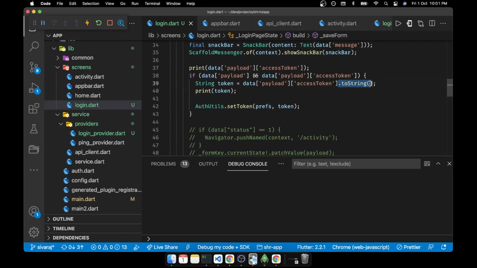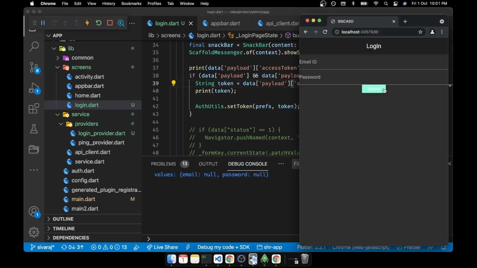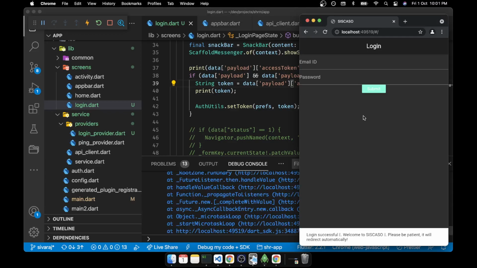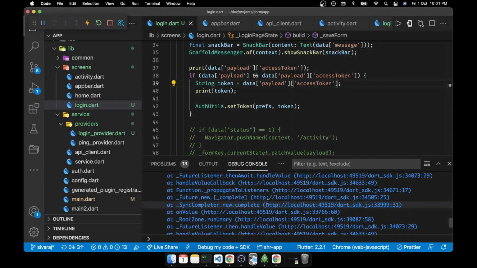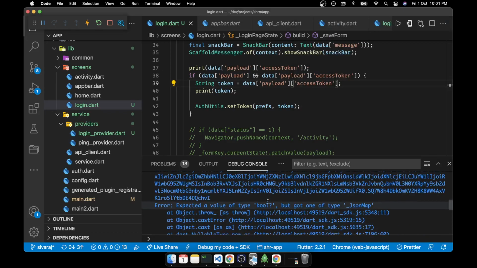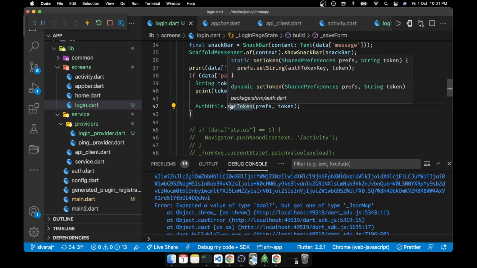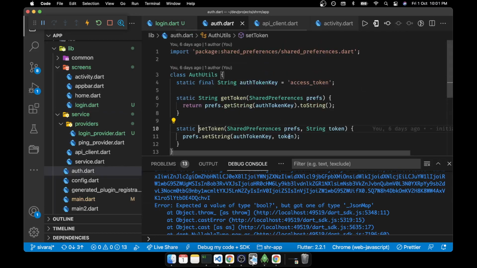Okay, maybe we should avoid this one. String only going, correct only.